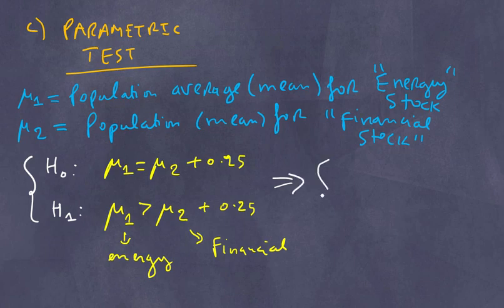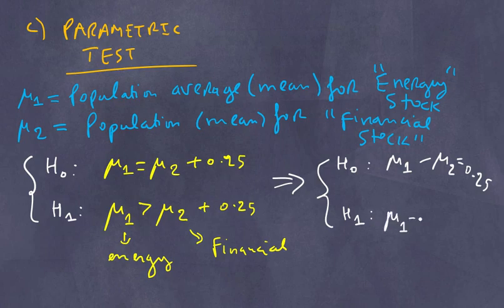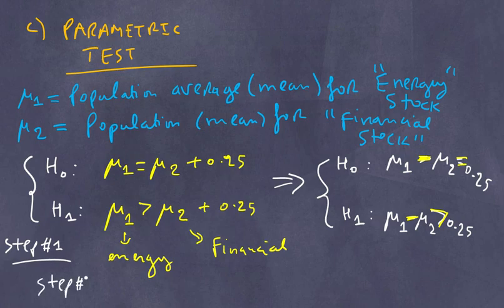And this can also be written as H0 against H1, and under H0, mu1 minus mu2 equals 0.25. You move mu2 to the left hand side, and H1, mu1 minus mu2 is bigger than 0.25. So this is step 1. In step 2,